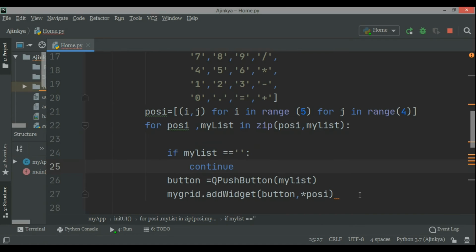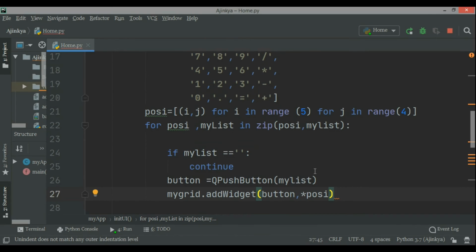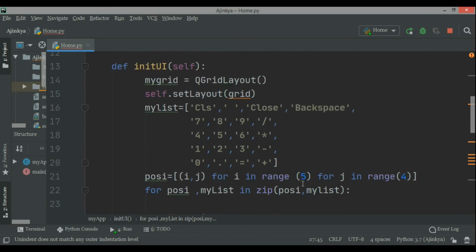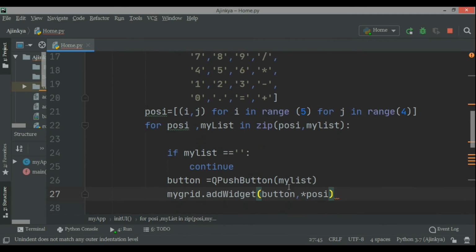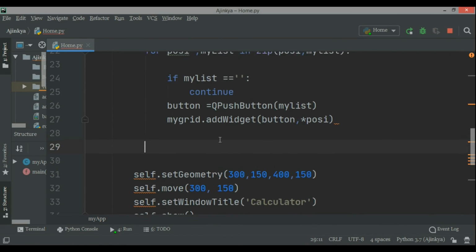Come on, this is going good. And these parts, self.setGeometry, self.setWindowTitle, and self.show, these are the common ones. I'm not making any changes to them. These underlines are part of the indentation. So now see,